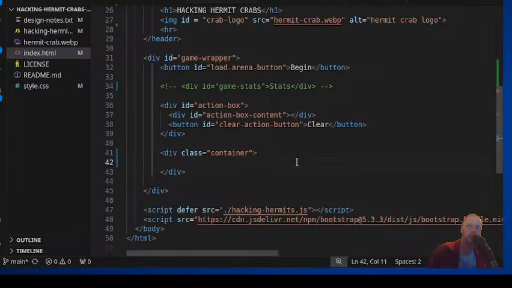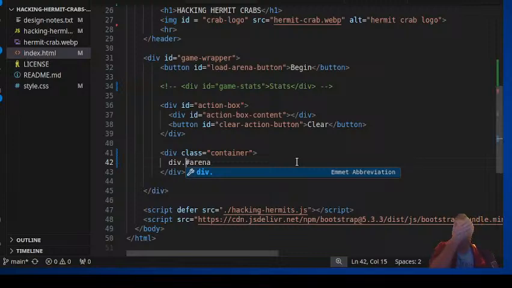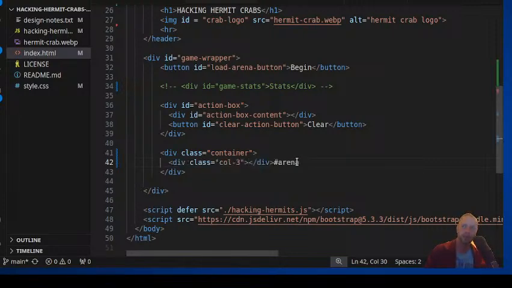Short experiment. Div hash arena. Let's see, and you can do, hopefully someone that one day doesn't know this, you can do div dot, it'll auto-complete your class IDs for you. I want column 3 if I want 4 wide. It didn't take the arena, but